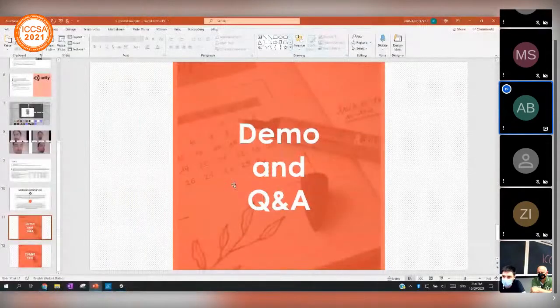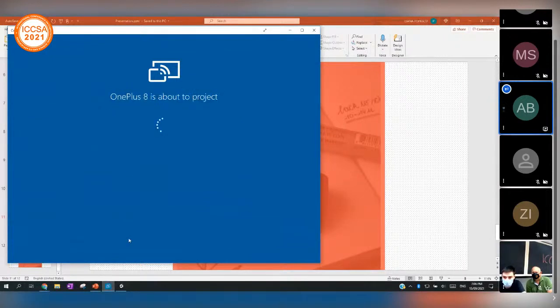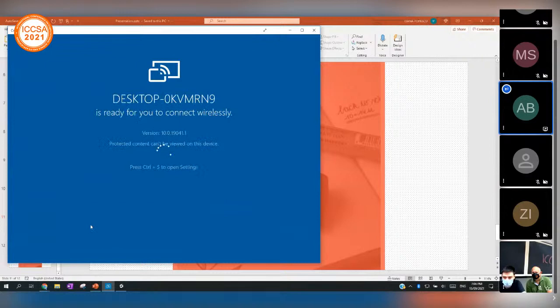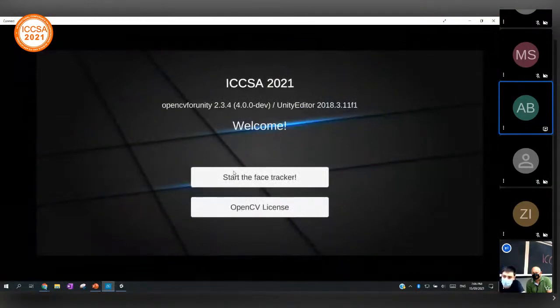Let me start the demo. I'm gonna screencast my phone. If it's not working, I'm gonna start it on the website. Can you see the screen? Yes, we can see it. Let me check